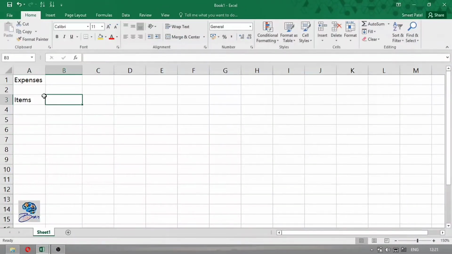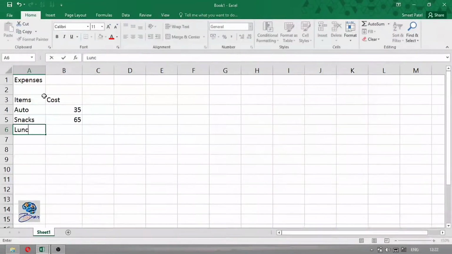items and here cost. Okay, so as I have been to my office, I have taken an auto. So I will write up the auto, and it cost me around 35 rupees. And then I have some snacks which cost me around 65 rupees. Okay, and at lunch I had expenses of